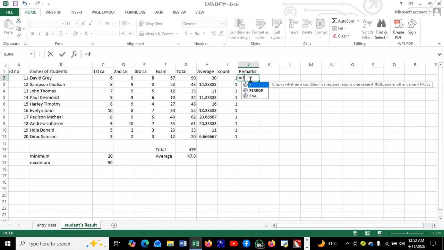Okay, so let's proceed. So I have my if statement, and I'm explaining the conditional terms. I'm going to have equals to if, then open brackets. Then I want to know which one is pass and which one is fail. So I open bracket, then I click here. The next thing is, if it is less than